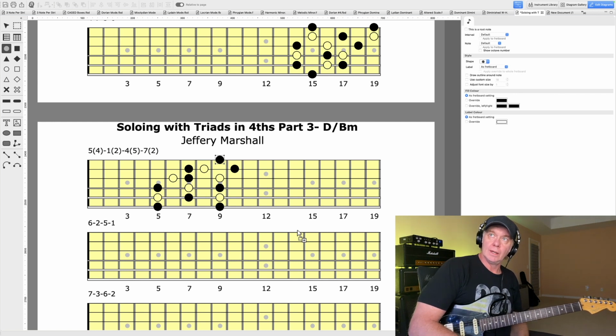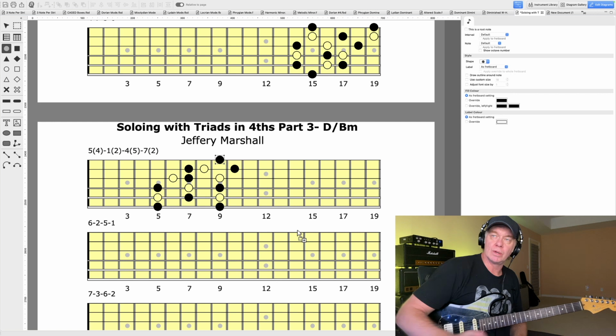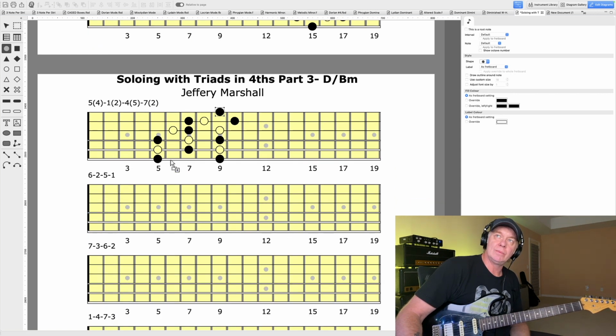So there is no right or wrong here or anything like that. It's just something to experiment with, and if you lean towards a certain shape, then great, use that shape more. It's all good. All right, so if we were to just move these up diatonically, we're going to go from